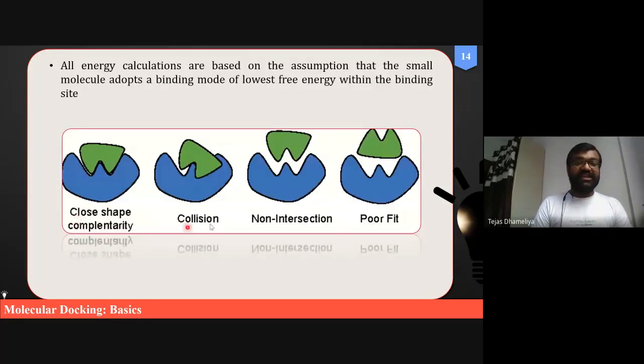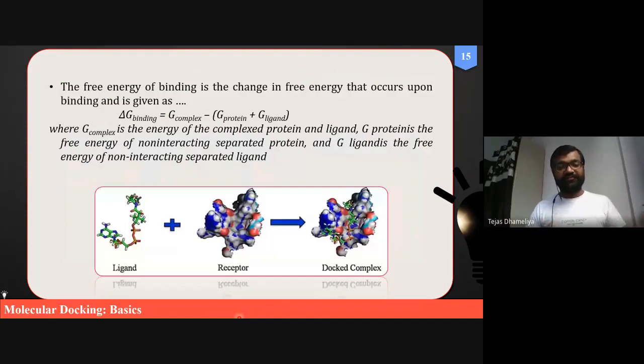This we have seen in a simple schematic representation, which can be considered as a binding fit between the ligand and the protein. How they bind with each other: whether it is a strong interaction, partially strong or partially weak, completely weak, or opposite interactions. Depending upon these several types of interactions, we can see whether a molecule is showing good binding or bad, poor binding. This way we can give the score accordingly.